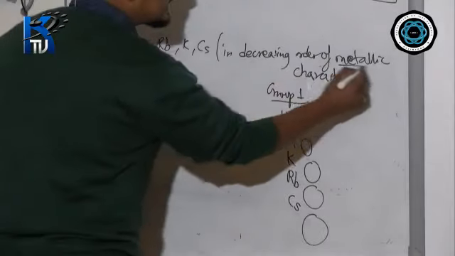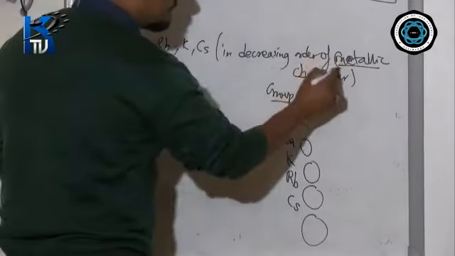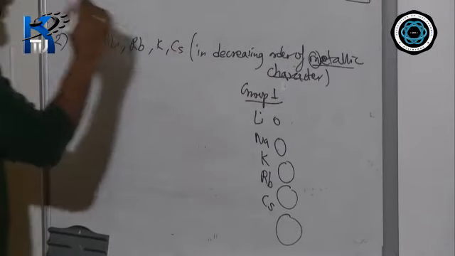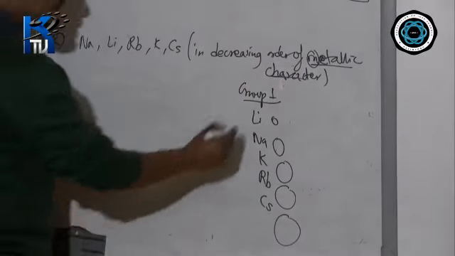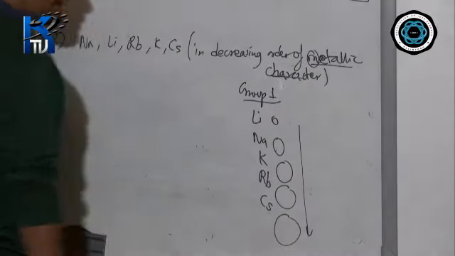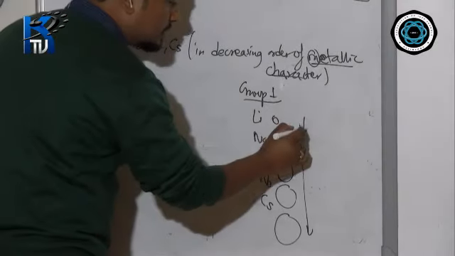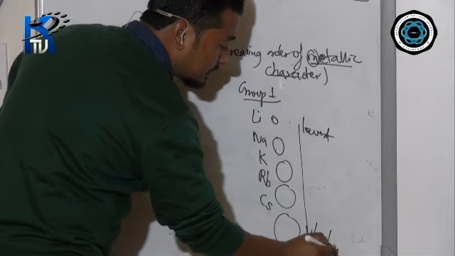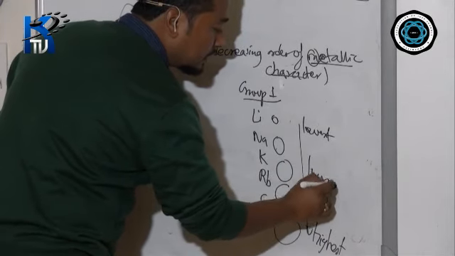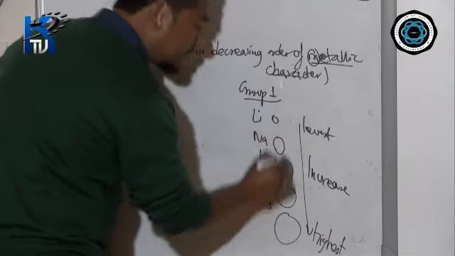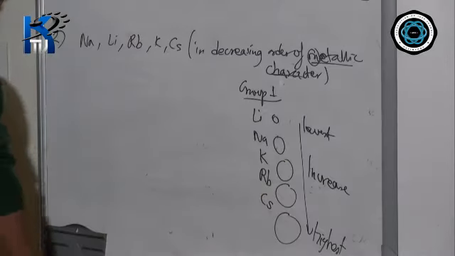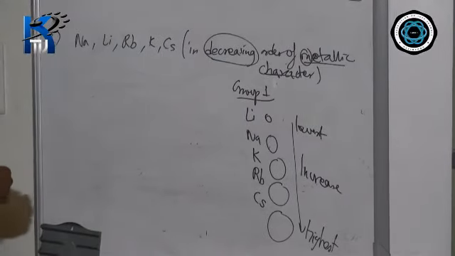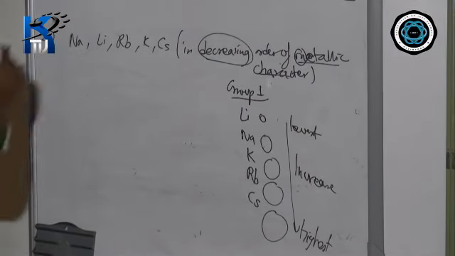Now they have asked about metallic character. M, metallic character. It comes under Papumat. So that means in a period, metallic character will decrease, and in a group, it will increase. Increase means this will have the lowest, and this will have the highest. Now you need to arrange them in decreasing order of the metallic character. Decreasing means highest to lowest.